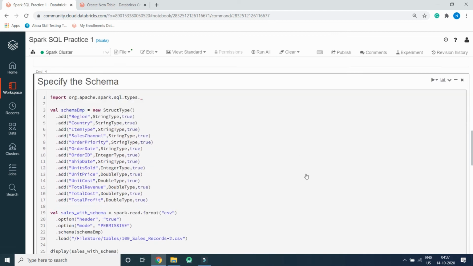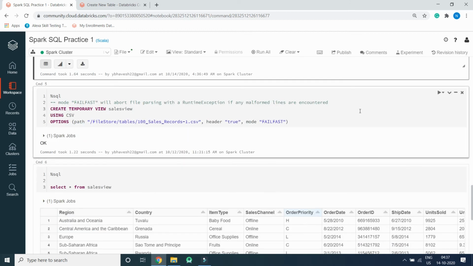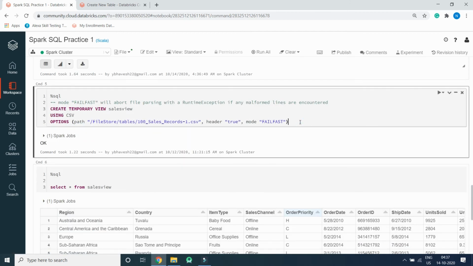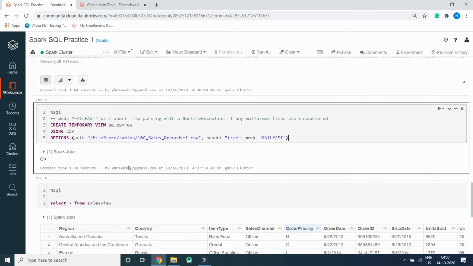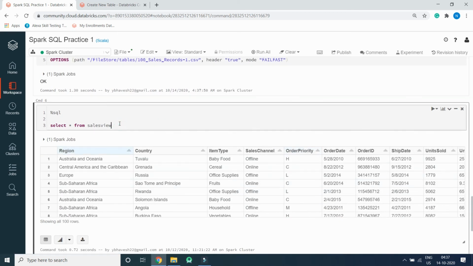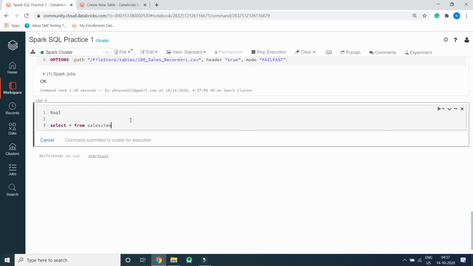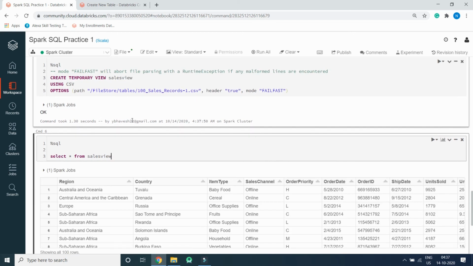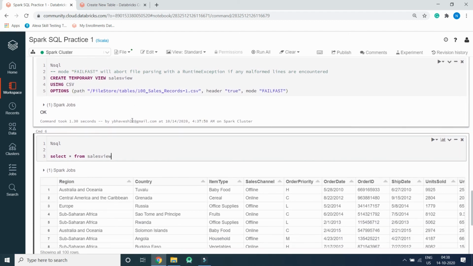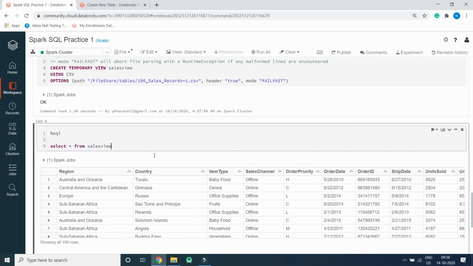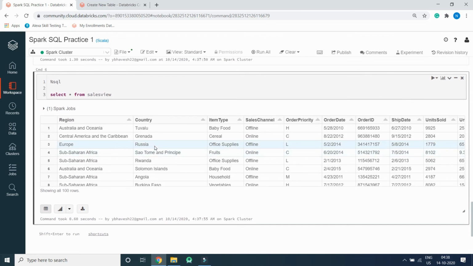So we can create a temporary view from the CSV file, and we can perform SQL queries on the temp view. So this is how we use a CSV file, load it into the Spark environment, and perform various operations on it. So that's all for this lecture. See you in the next video.